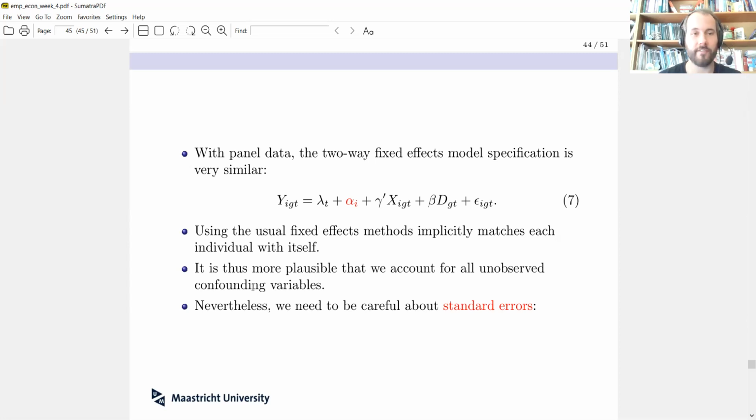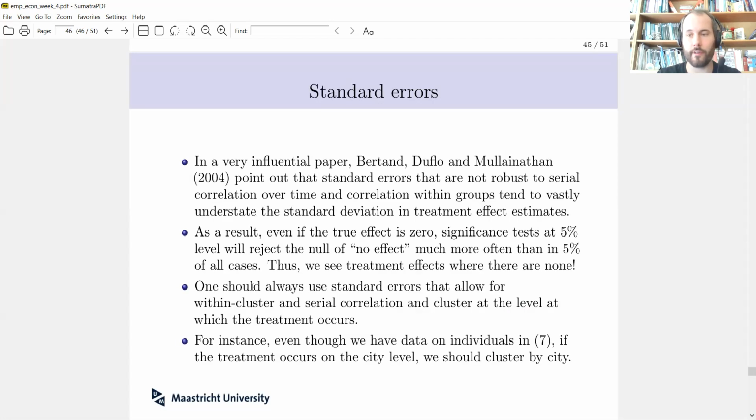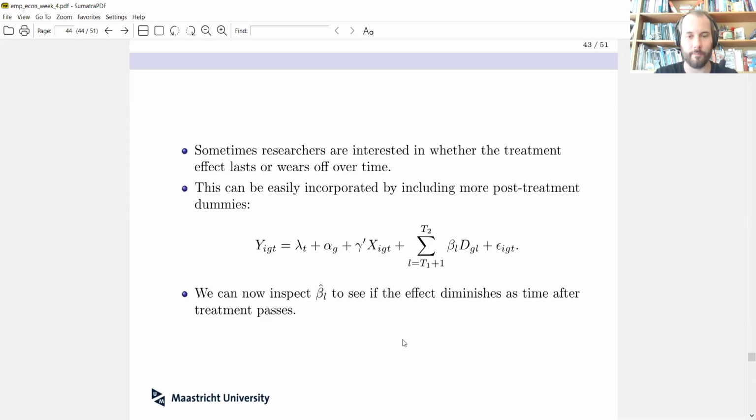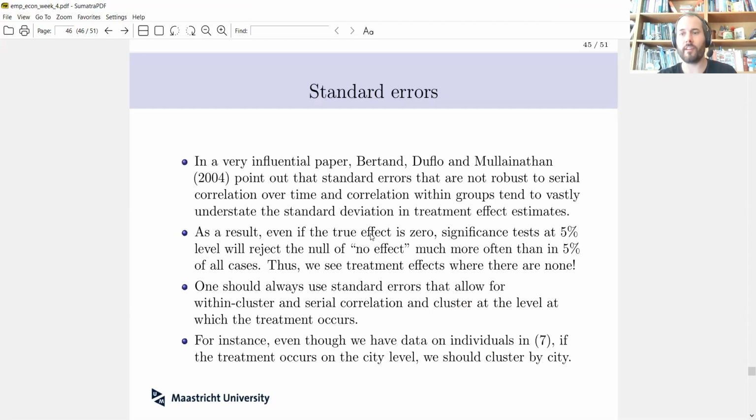So this is about specification. And finally, some words on the standard errors. I said at first, well, because we use regression, it's very simple to get the standard errors. That's actually not really true, especially if you have more data available. If you have lots of pre-treatment data, lots of post-treatment data, and you don't want to pool. Once you pool, it's a little bit less of an issue, but if you do not pool everything together, there may be issues with the standard errors.